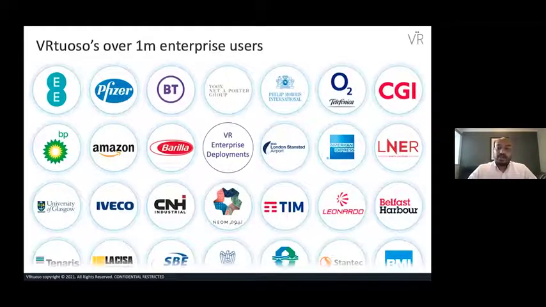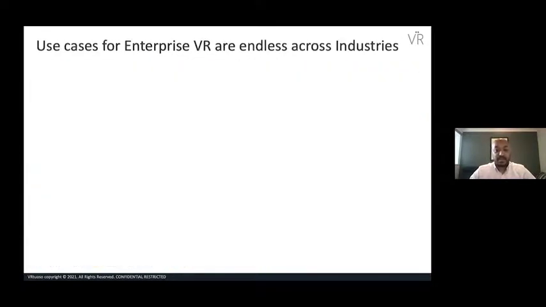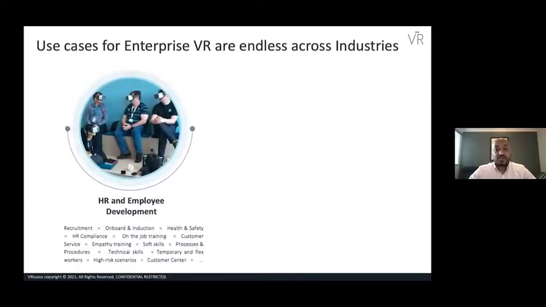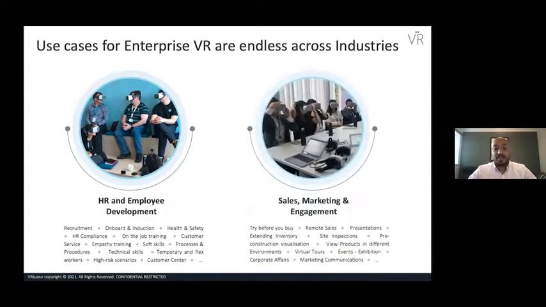We work with a lot of blue chip multinational organizations that are global in different industries, so the use cases can differ from one company to another. And we categorize these use cases in two areas: anything that's HR, employee and development, learning and development, so recruitment, onboarding, induction, soft skills, hard skills, technical skills, virtual tools, and stuff that's already sales, marketing, and engagement. So think about sales enablement tools, marketing tools to market your products better internally and externally, as well as marketing and communication. Right, so this is it in a nutshell.